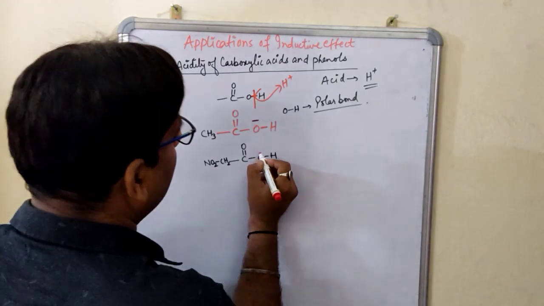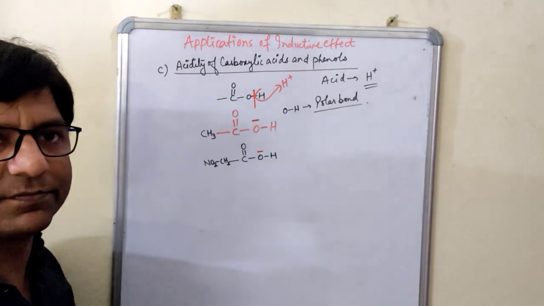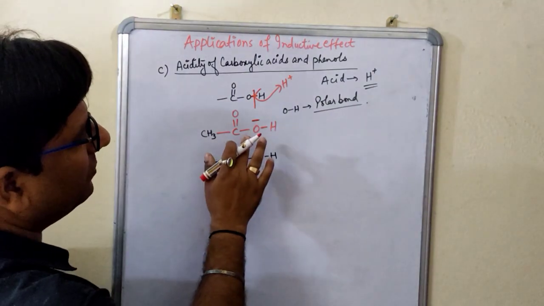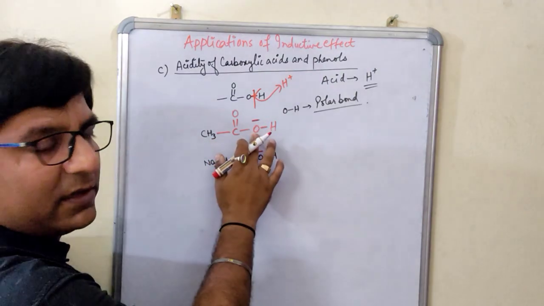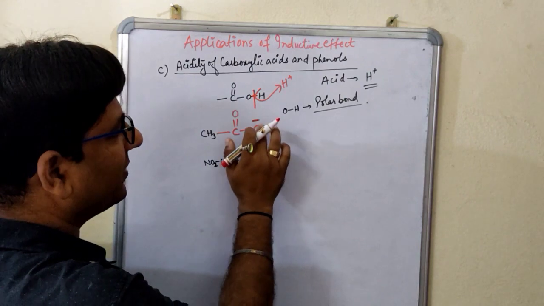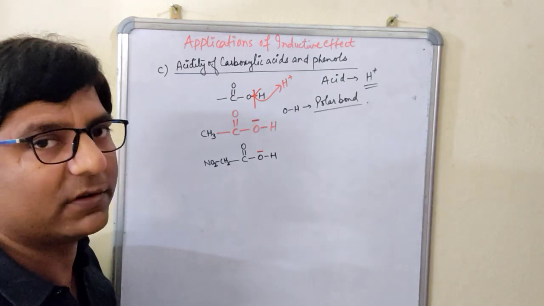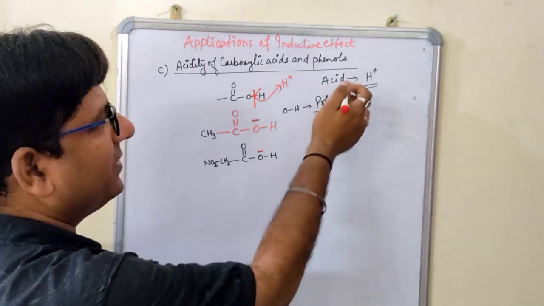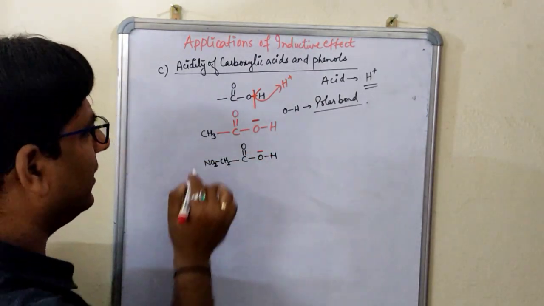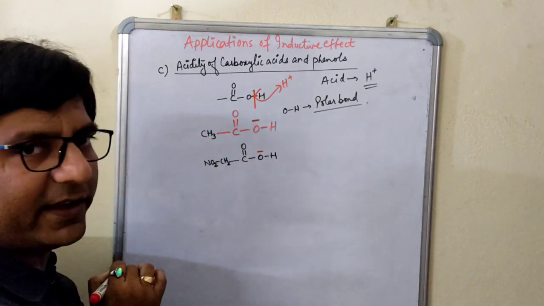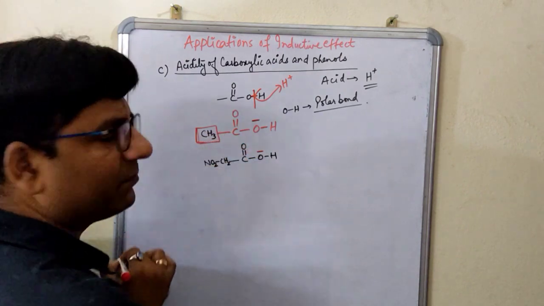But which one is the stronger acid, which is the weaker acid, right? That is my question. Now here there is a negative charge, here also there was a negative charge, right? As I told you, if you manage to decrease the negative charge on this oxygen, the bond between oxygen and hydrogen can become weak, and easily you can remove the hydrogen in the form of proton, that is H plus. That's what we need. Here also the same thing. Now what you have to do is see the group that is attached over here. Here you are seeing this CH3 group.